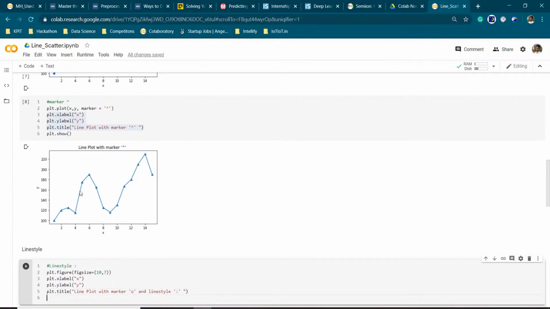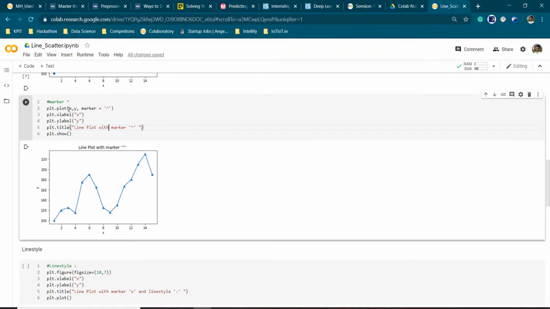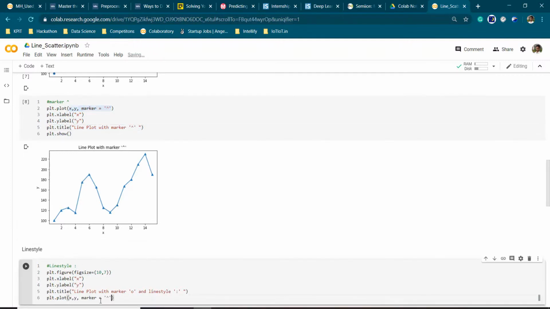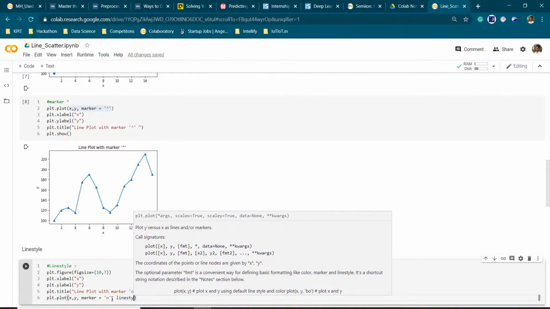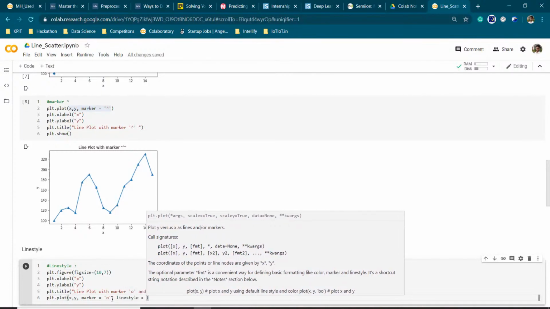This is going to have a dotted structure for our line. How are we going to use it? We are using the plt.plot method. We will be using the same x, y, and marker, and then line style equal to the colon.